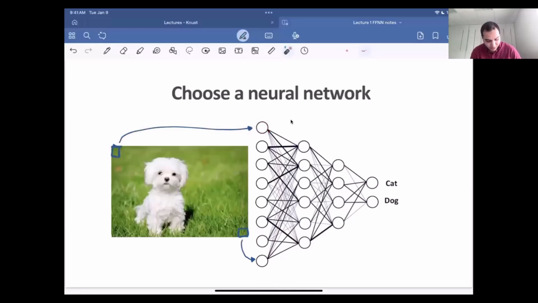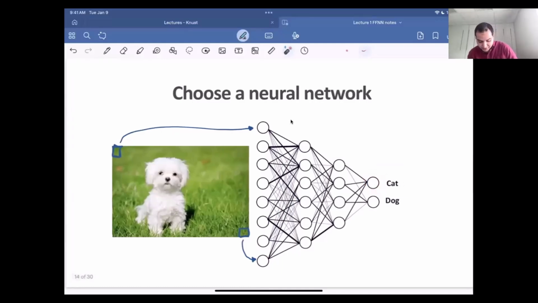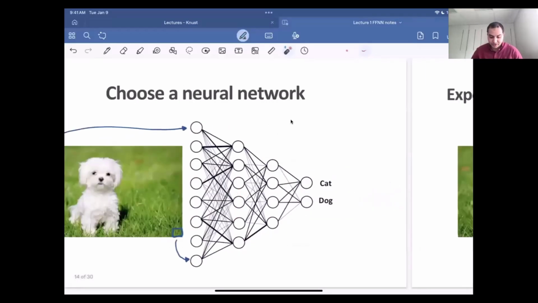That will be the first pixel, second pixel, third pixel, and so on until we reach the last pixel, which will be fed to the last neuron in the input layer. Then that's processed through these connections to the hidden layers until we get to the output, where we either get this neuron fired, which is not the case here. We expect this neuron to be fired the most if we have a picture of a dog. To be able to do this,